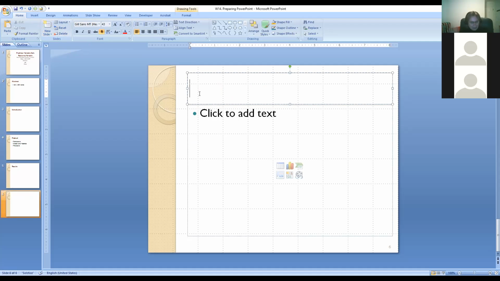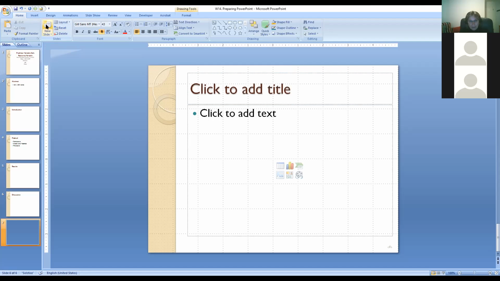Yes, you guys have learned the APA style. Yes, I'm happy. Discussion. Now the final component after discussion, our last slide. What is it going to be? References. Yes. Thank you.